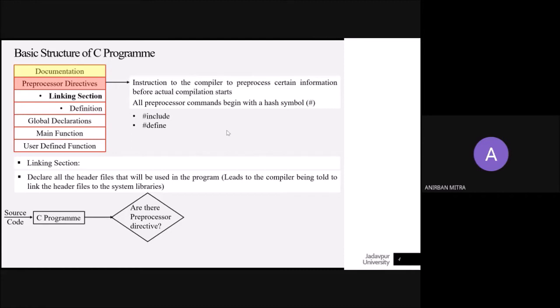Here, the question is asked: are there any preprocessor directives? If no, then fine, it will go towards compilation. If the answer is yes, then the linking operation would be performed. And once it is performed, then it will go to the compilation.